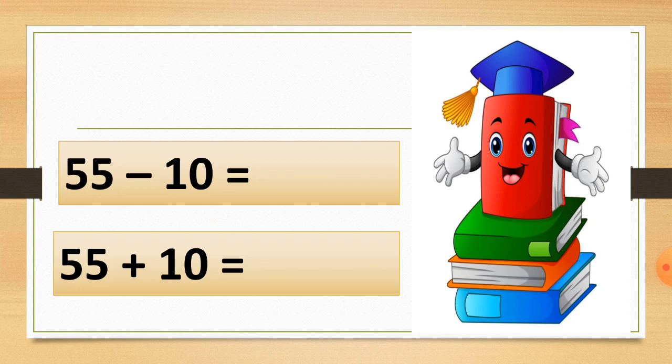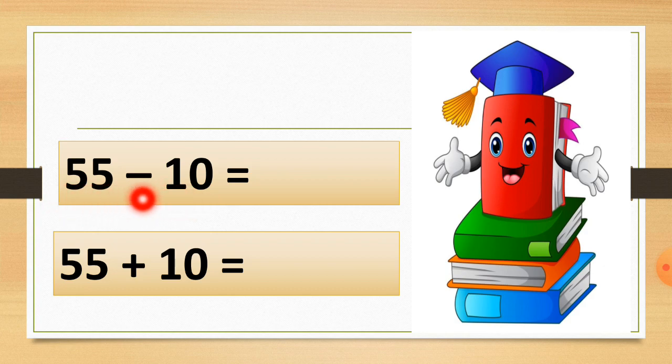Let's see. Here the tens value is 1, and here this is the ones value and here it is the tens value. So the change will come in the tens value only. Here is the 5 in the tens place and here the 1. So we have to cut the 10 from this number. What will we do? Here is the tens value, you can see through this red dot, you have to cut this 1 from this 5. So you will get the answer.